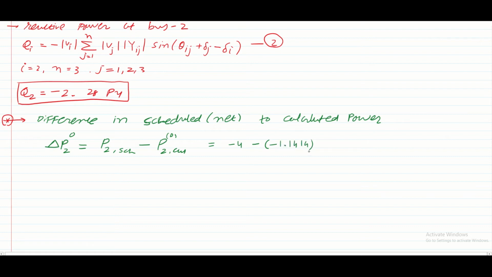So the final answer for delta P2, which shows the difference between your net or scheduled power and the calculated power, is